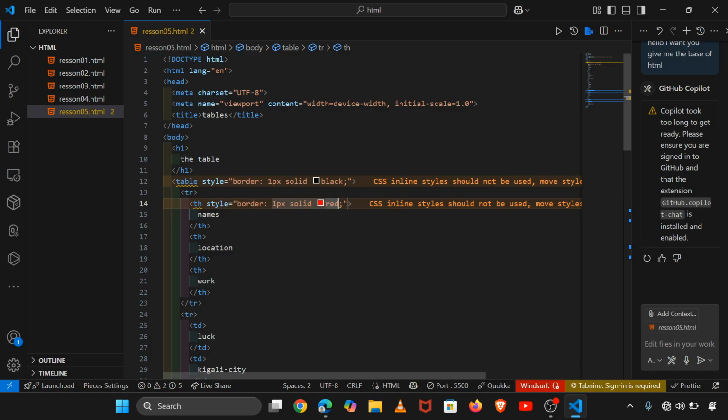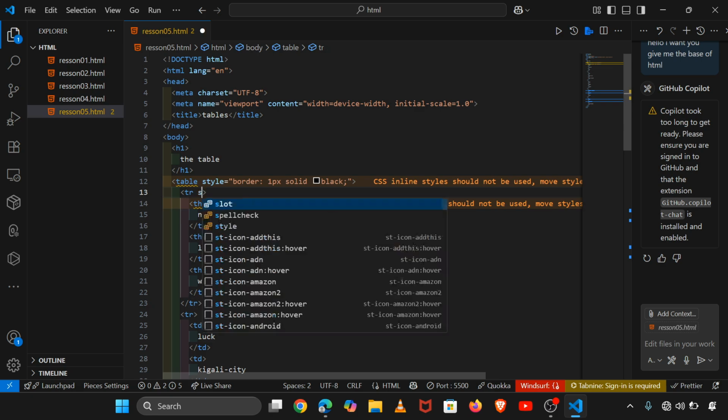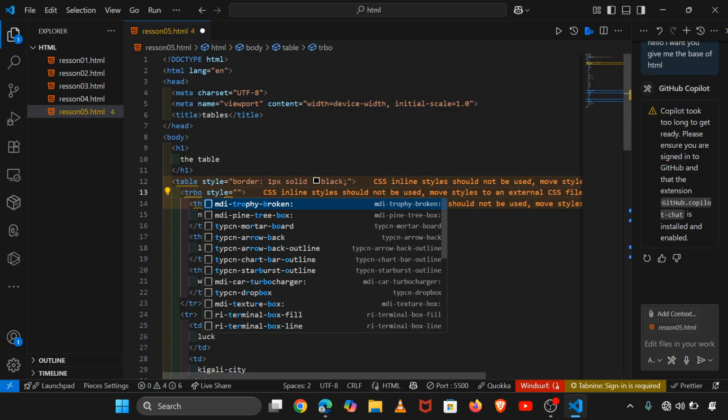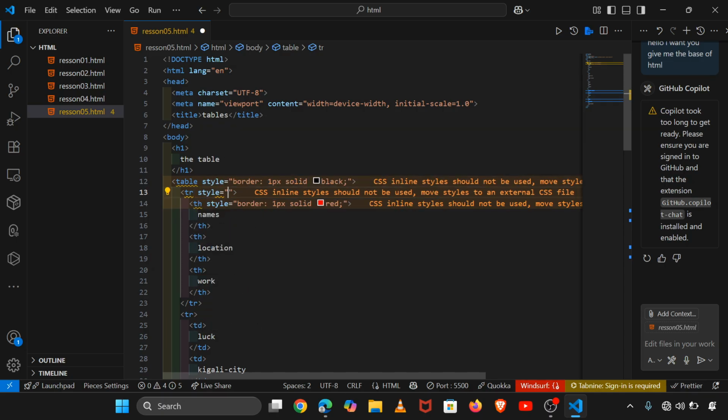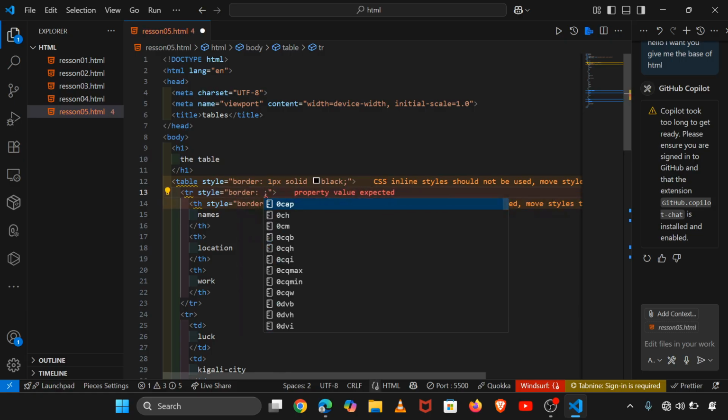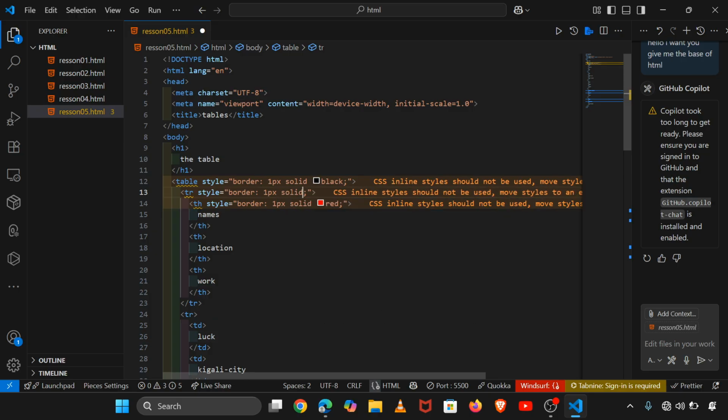Now we are going to study the second version of the table. How are we going to deal with the table? Inside the table row, we may say that we want, for example, style, and say that border 1 pixel solid gray. Control S to save, and you will see